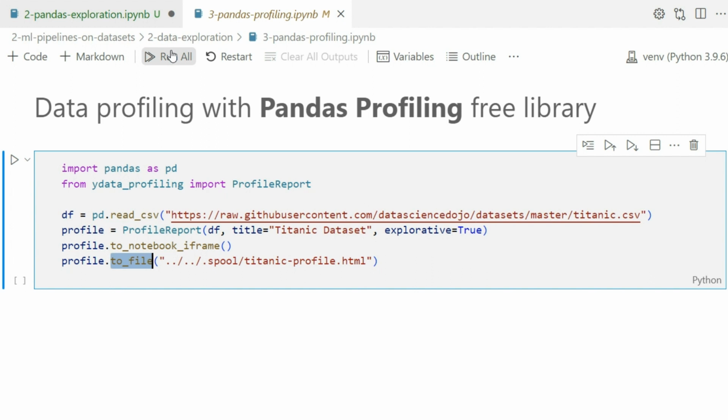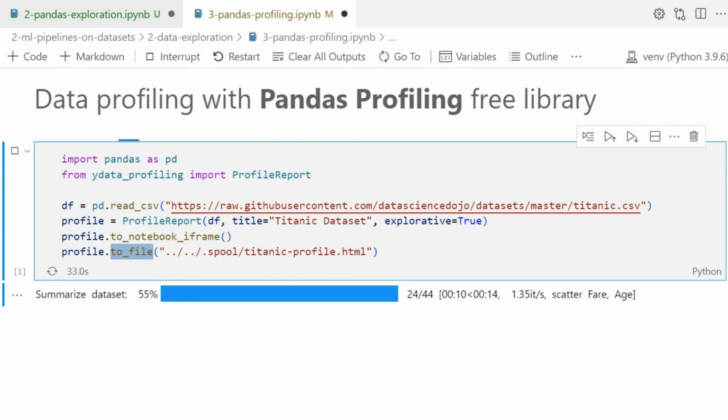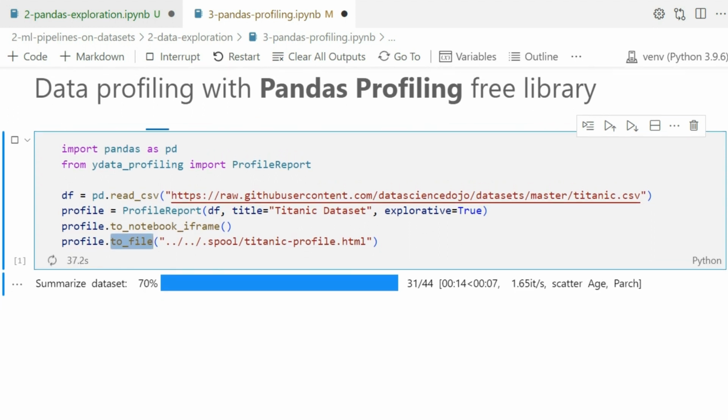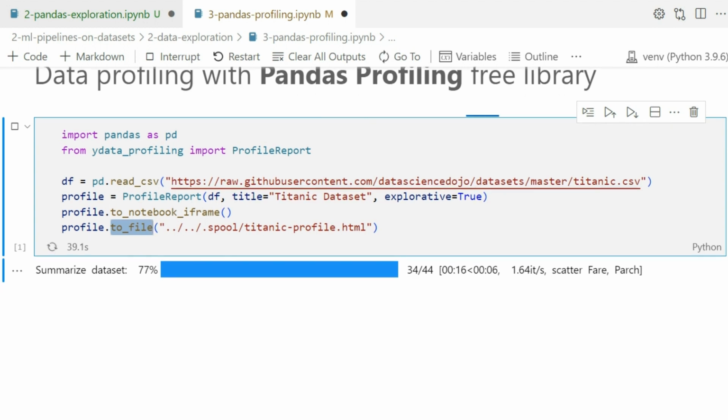Let's run it. You can see that this is generating online. This is a large report, so expect to spend a few seconds, maybe a few minutes. However, as you can see, it generates summaries for data sets, report structure, and so on.